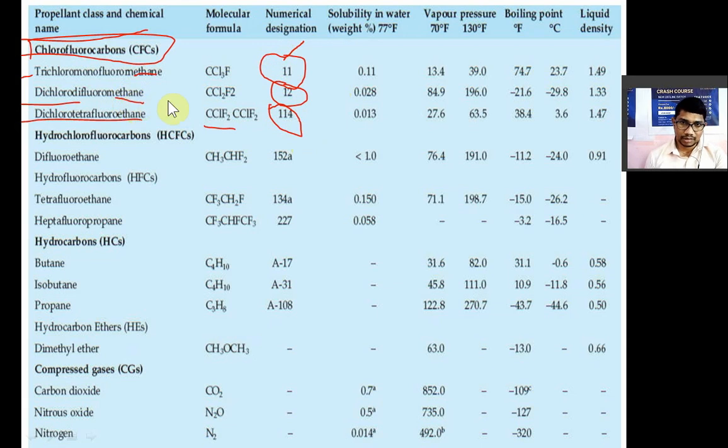Now, these are the chlorofluorocarbons, CFCs. Second type of propellant होता है आपका हाइड्रोक्लोरोफ्लोरोकार्बन्स. They are known as HCFCs, hydrochlorofluorocarbons, right? So in that, for example, पहला कौन सा है? डाइफ्लोरोइथेन, CH3CHF2. So propellant 152A. Then